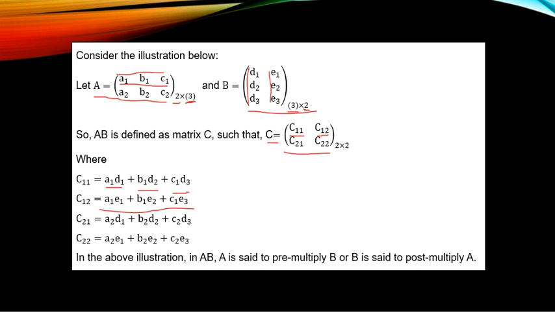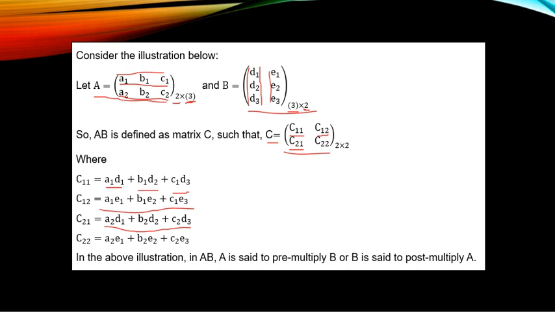Then you now move to C21. C21 means the second row of the first matrix multiplied by the first column of the second matrix. That is using A2, B2, C2 to multiply D1, D2, D3. That is what you have here: A2 times D1, B2 times D2,